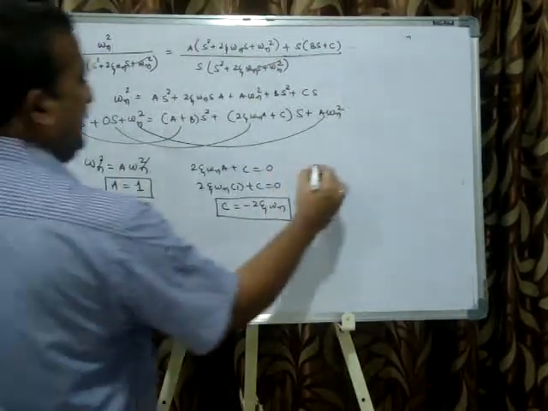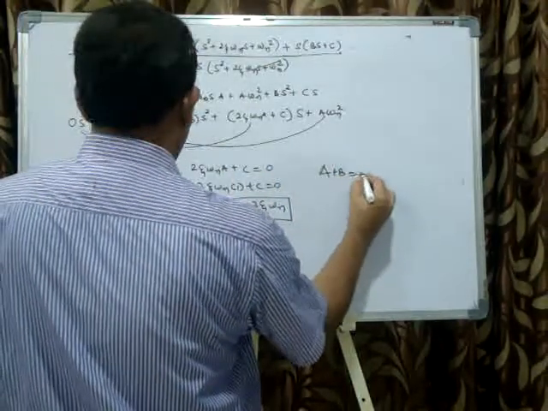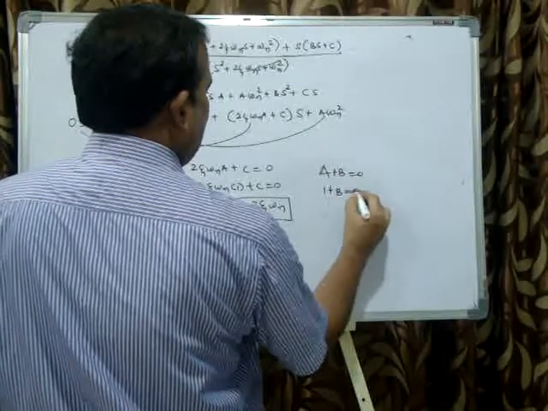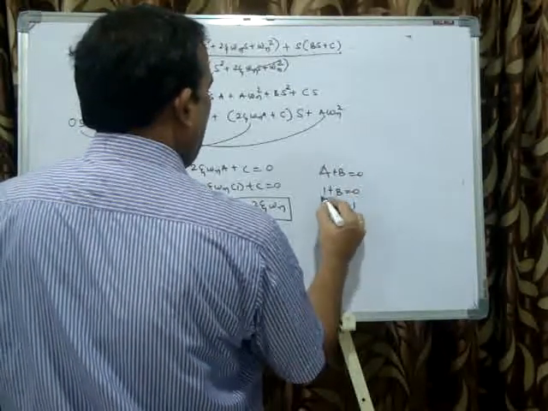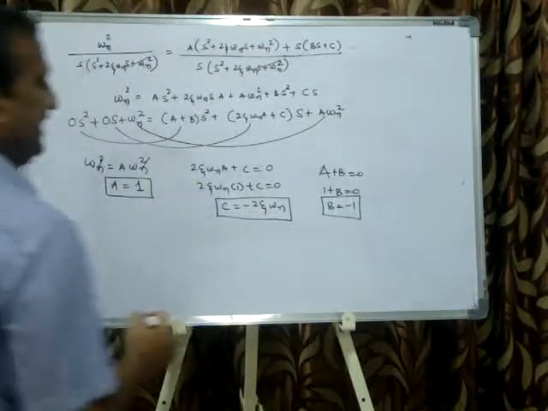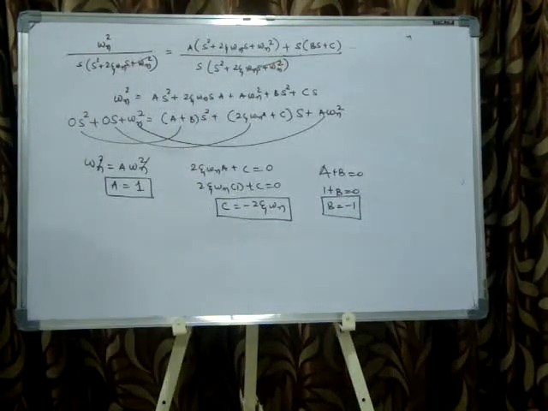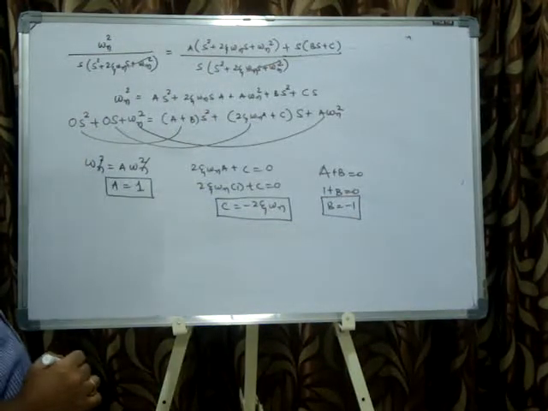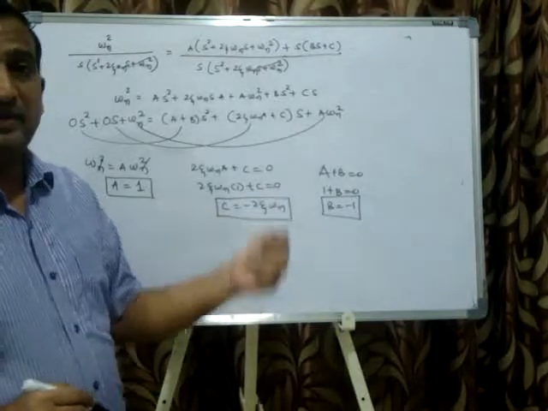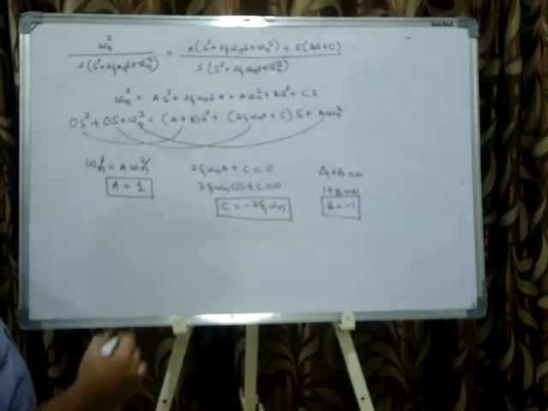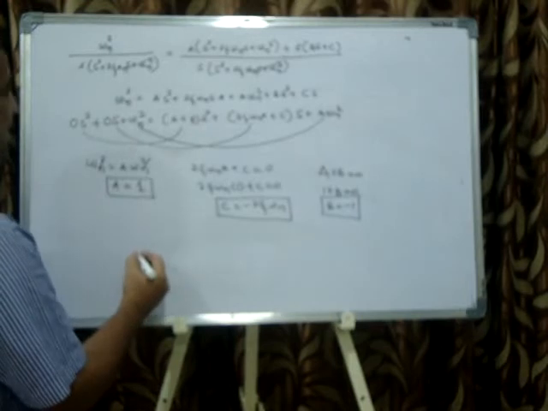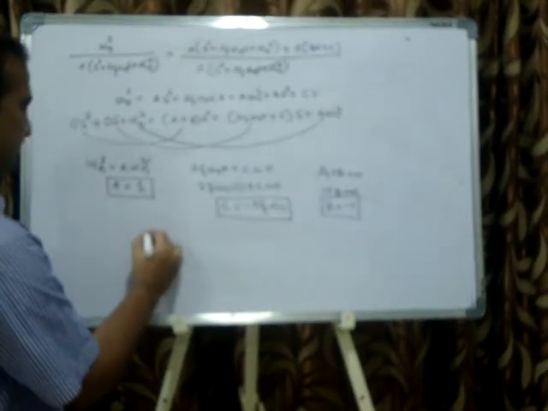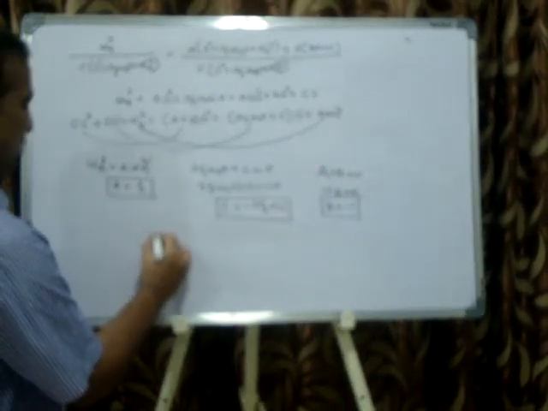Next, A plus B is equal to 0, then A is equal to 1, then B equal to what? Minus 1. Now I get the ABC values: A is equal to 1, B is equal to minus 1, C is equal to minus 2 zeta omega n, by comparing coefficients. Now I will substitute the ABC values in the above equation. That's what? Omega n square